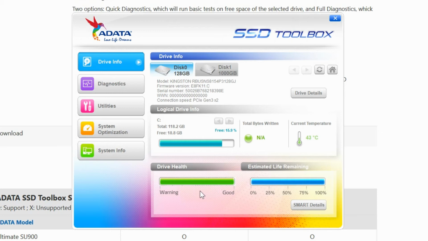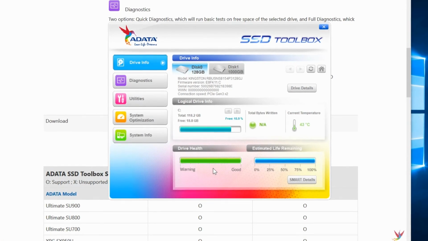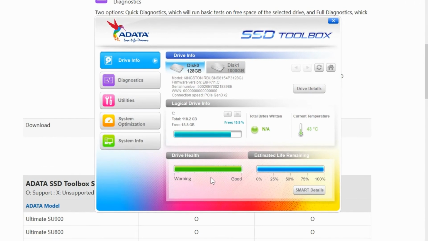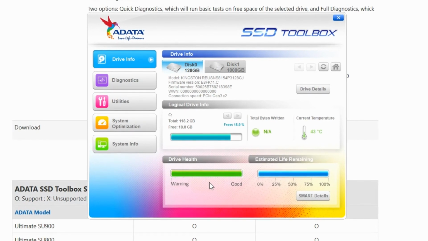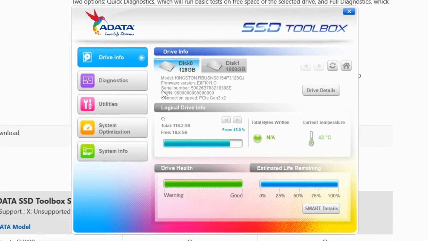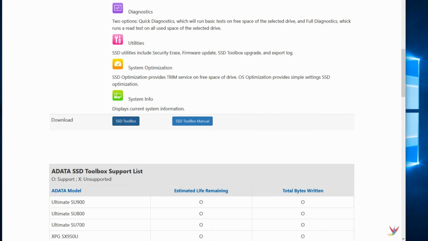So this is the ADATA tool testing a Kingston solid state drive. So you can have any type of SSD tool to test any type of SSD drive, just like you can have almost any type of hard disk drive tool test any type of hard disk drive. So it's important to have the proper tool for the job and make sure you're using the right ones. So if it is Seagate, use SeaTools. If it's Western Digital, use the Western Digital Diagnostics. And with that, let's have a look over here.